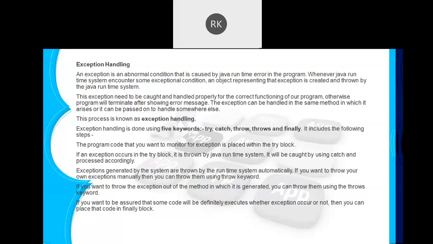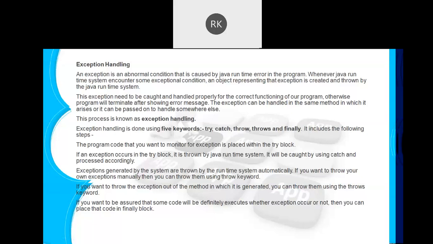And how can we handle it? First of all, we are going to code that exception and then we can handle it. Handle means we are going to define a second way, like if this particular thing happens, what we are going to do. We can define that way. So this process of coding and handling that exception is called what?